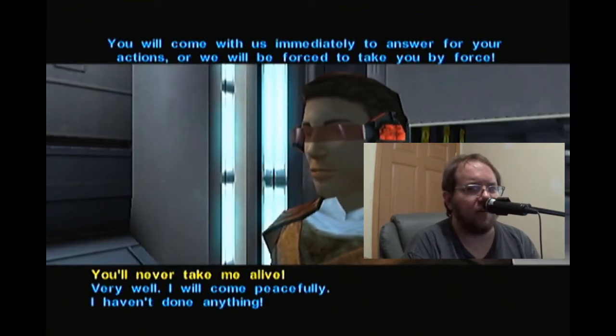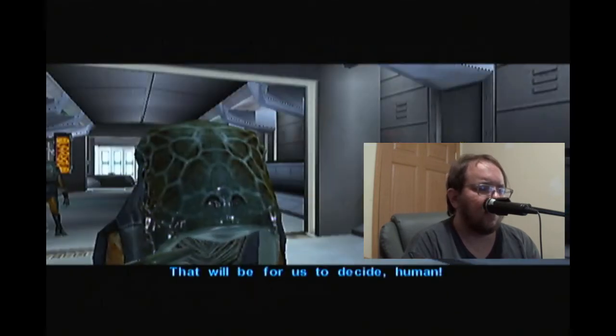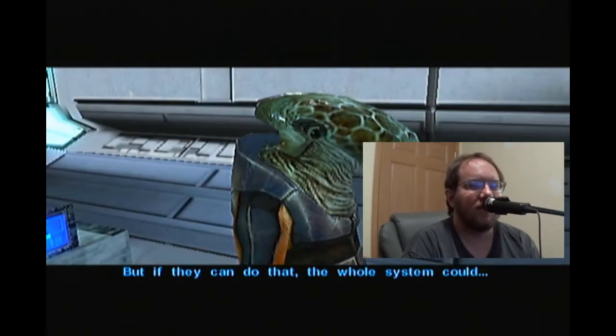Come on, really? You're gonna arrest me again? That'll be for us to decide, human. I actually didn't do anything. I actually didn't do anything worth arresting this time. I mean, last time, yeah, I could see why they'd want to arrest me. Yeah, I broke into the Sith base and I attacked them. I did technically break their law last time. But if they knew that, the whole system could...